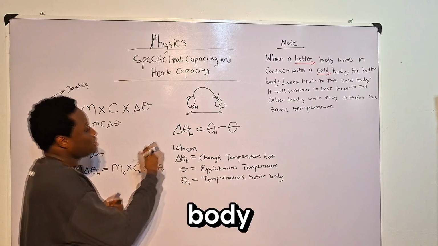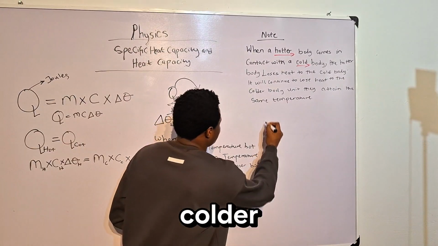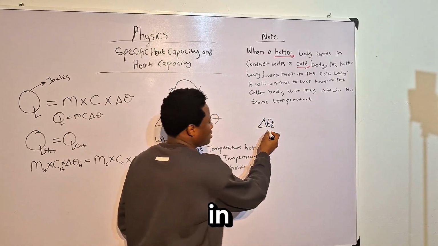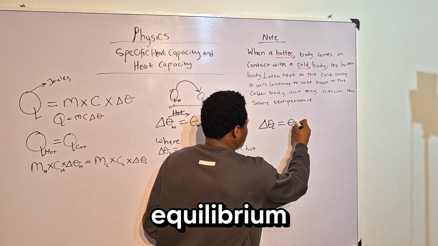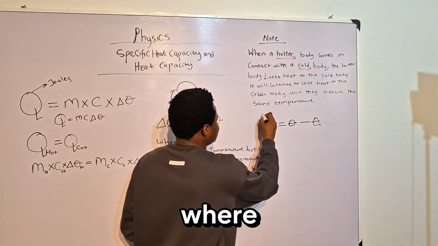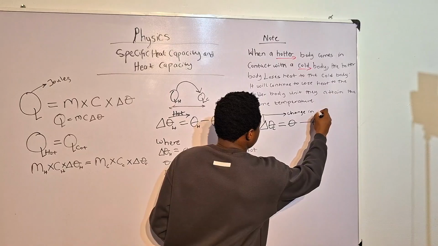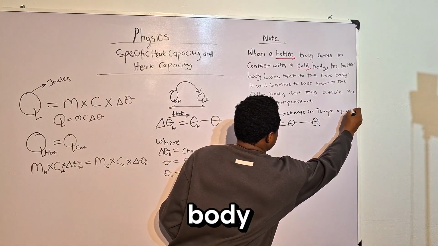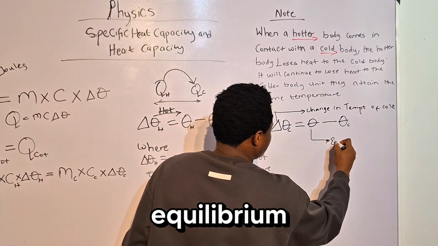So this is for the hot body. This is the change in temperature for the hot body. To get the change in temperature of the colder body, we say change in theta C, that's change in temperature of the cold body, equals equilibrium temperature minus temperature of the colder body, where this is the change in temperature of the cold body, and this is the equilibrium temperature,